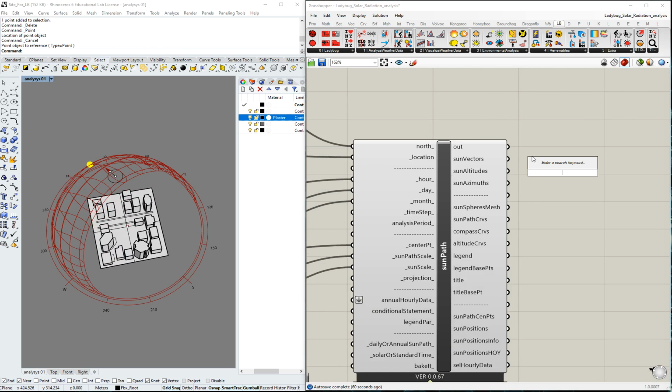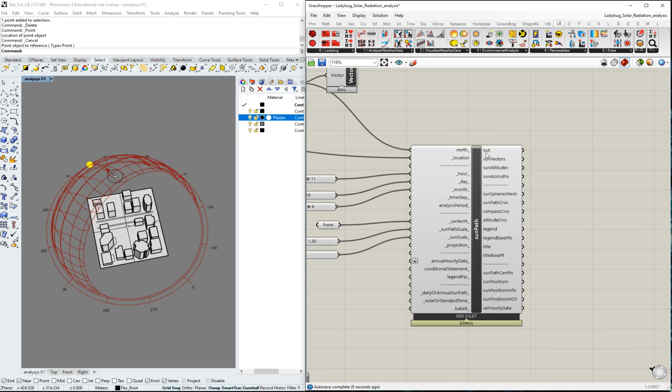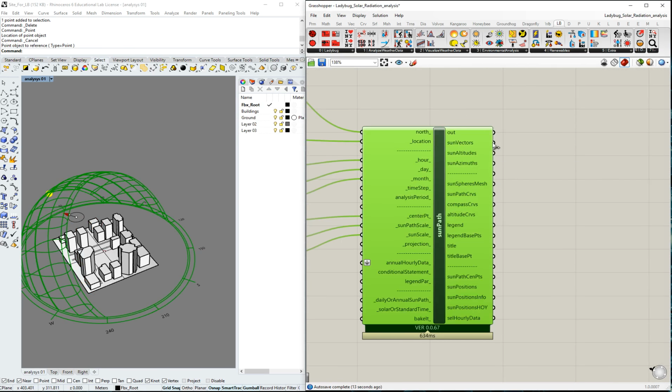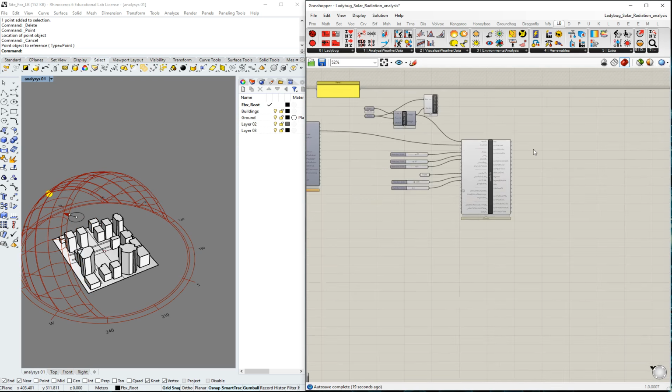What you need here, I think, is a curve. Let's see if it works like that. No, because it's a vector, it will need vector information or a 2-point vector to visualize that. Okay, so we're going to use this information of the sun vectors, which is basically the direction of the sunlight, as an input in our